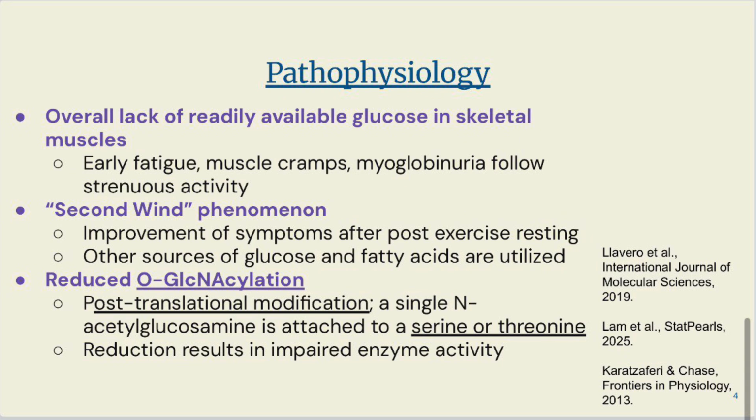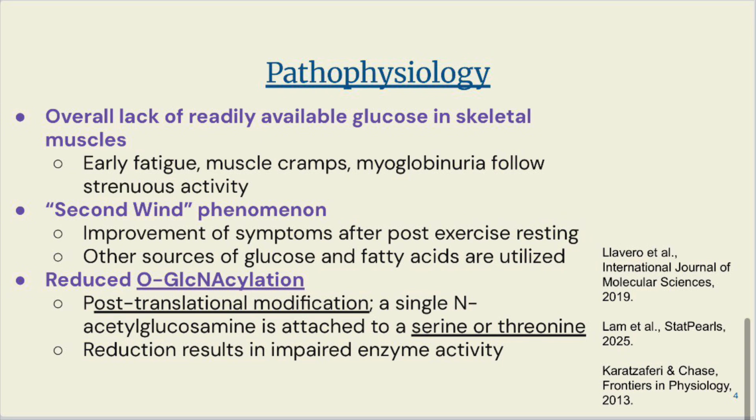And then a third way is reduced O-GlcNAcylation, which is a post-translational modification where a single N-acetylglucosamine is attached to a serine or a threonine. And just to explain those terms,